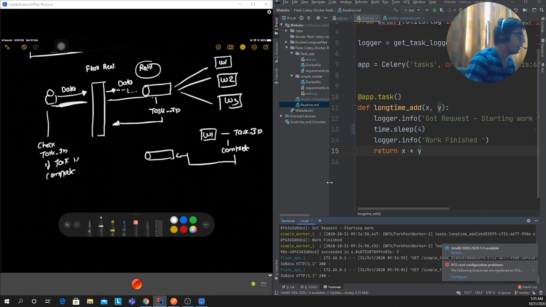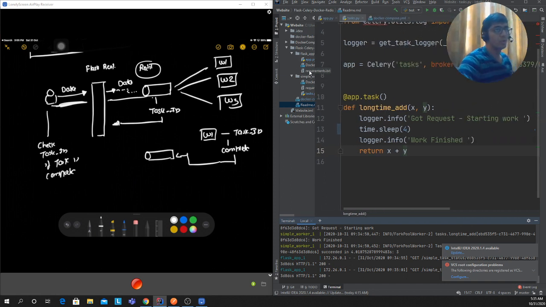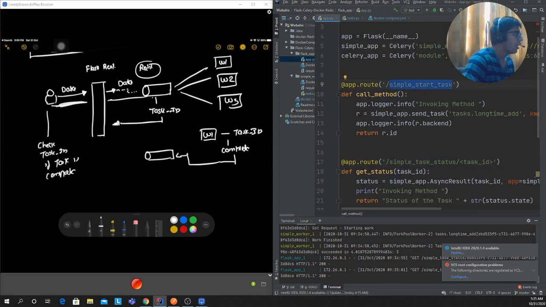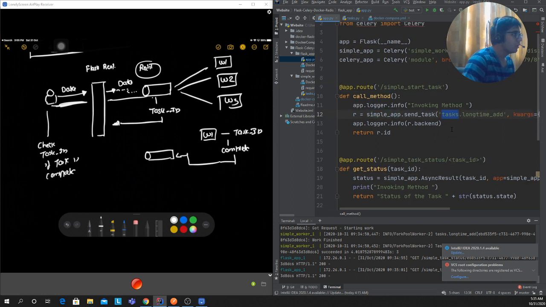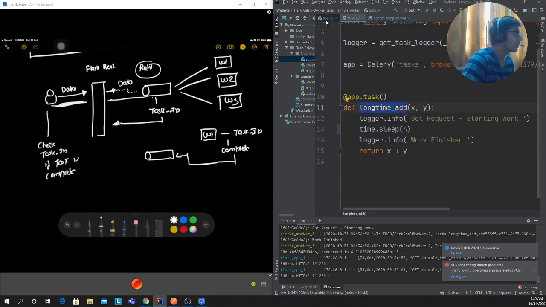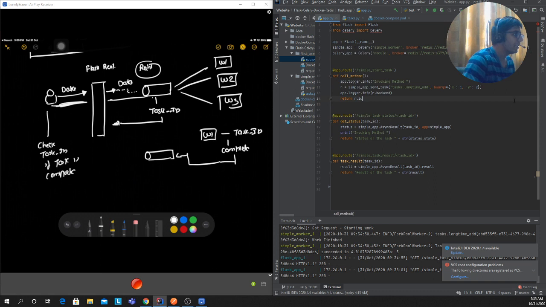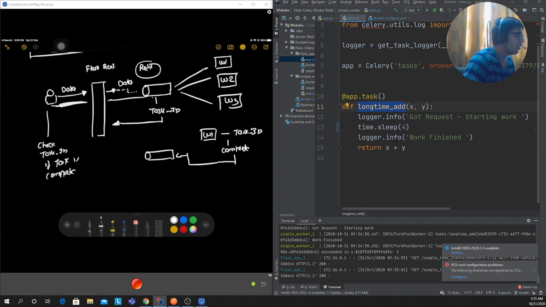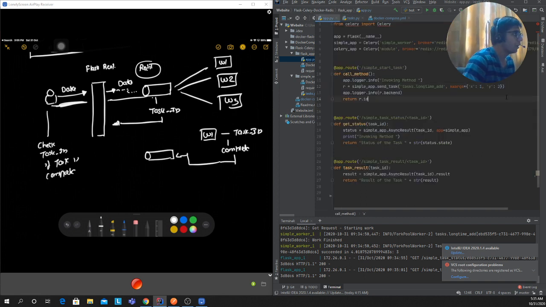Again, as I said, let me try to explain a little bit, and then we'll do the coding of all of that, okay? So we have this user who's making an API call to the REST API. So simple. That's the call we are making. What we do is we put that in the task. task.longtimeAdd is a function in that. If you see, longtimeAdd is a function, right? Kwargs is basically what arguments you're passing. So you're passing the numbers 1 and 2 there. It's going to receive those numbers, right? And the job is basically to add those 2 numbers. So we pass that kwargs, and we return the ID, the asynchronous task ID.